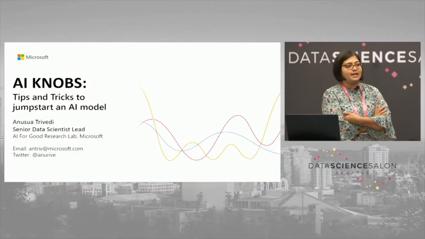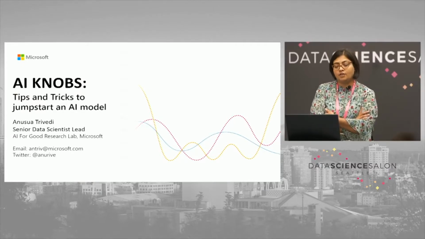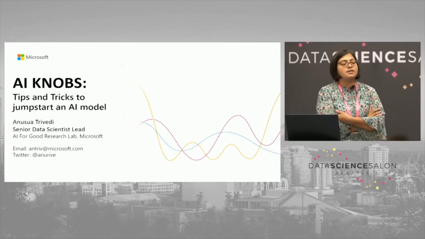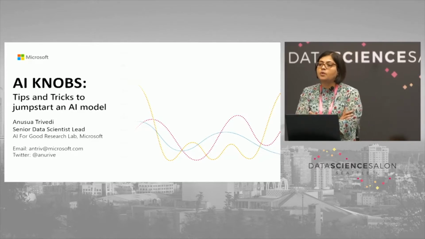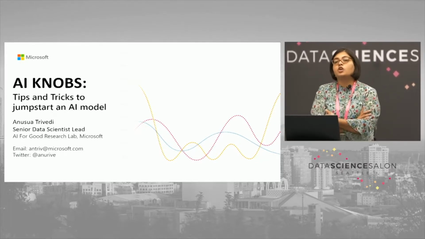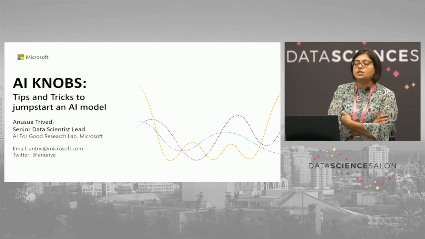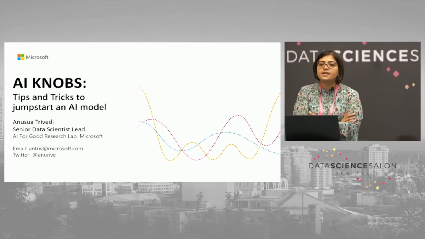I am a data scientist in Microsoft Research. So this is an AI for Good research lab, which started just last year. We all hear about AI for Good a lot, but there are some specific verticals we are targeting. AI for Earth, if you are from around this area, you might have heard a lot about it. AI for Earth is one of the verticals that we work with. AI for Health is one of the verticals that we work on. AI for Humanitarian Actions and Philanthropies is another vertical, and AI for Accessibility. So we majorly target these four verticals.